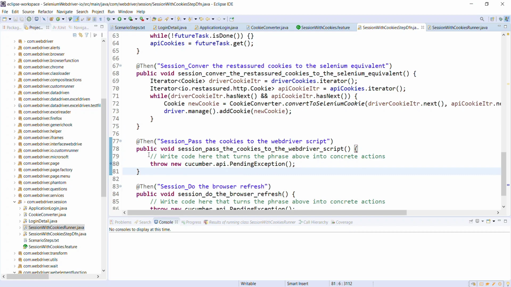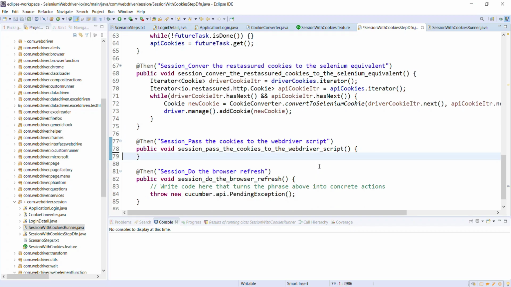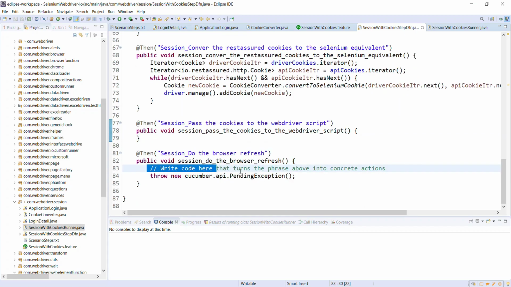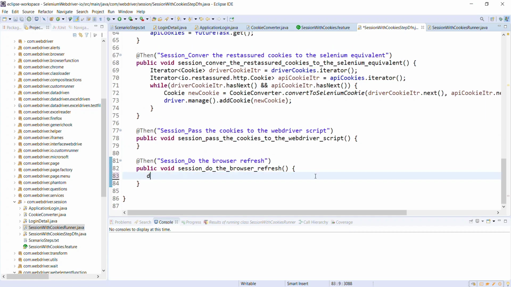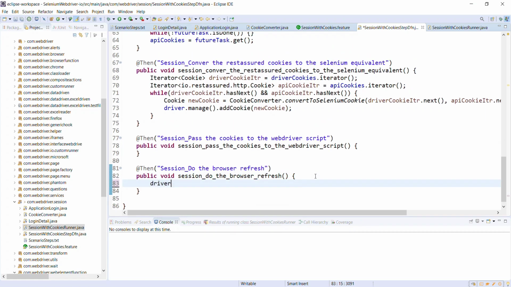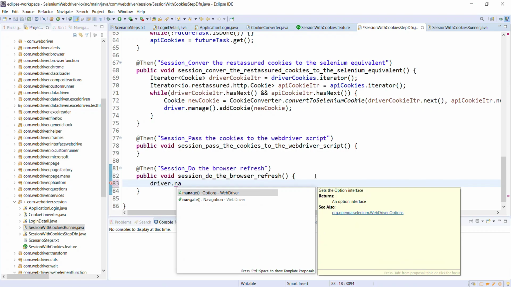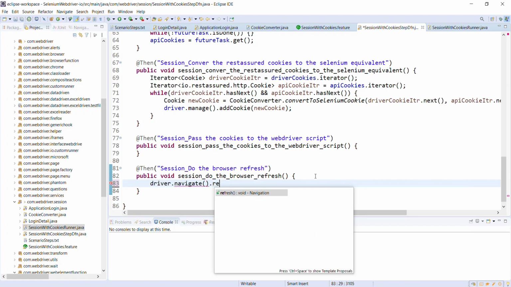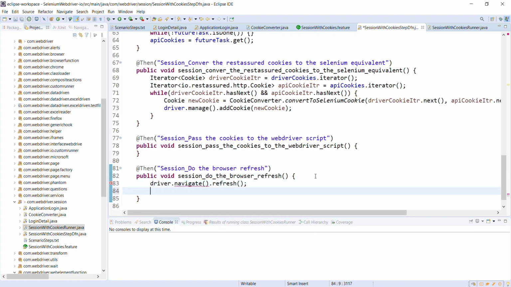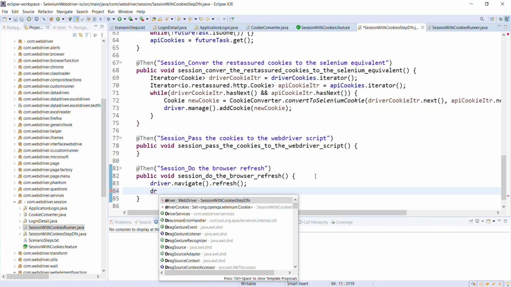So for the next step definition, I will just keep it empty. In the next step definition, I will do a browser refresh. Driver.navigate.refresh. Along with this, I'm going to just perform a click action also.